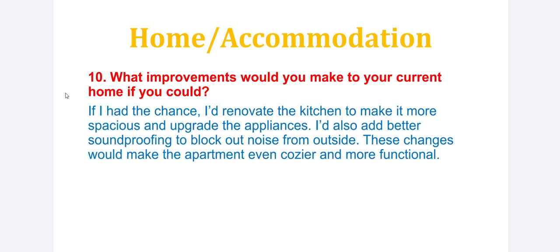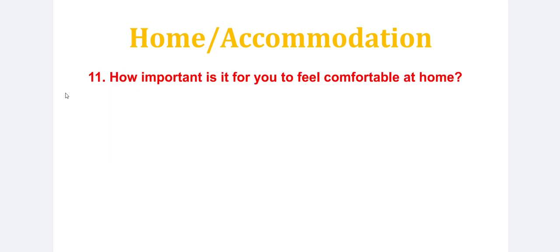So it's very important to tell the previous thing that you have mentioned that you don't like, because if you are not willing to improve that particular thing, that simply means that you don't dislike it enough. So why mention it in the first place? Clear? Moving on to the next question.